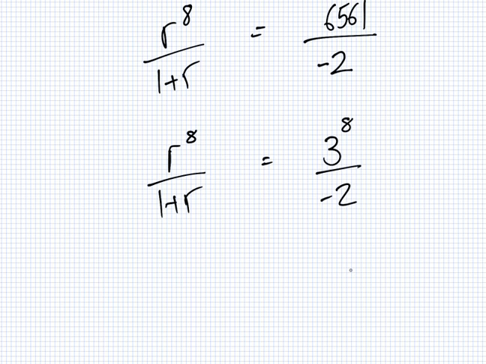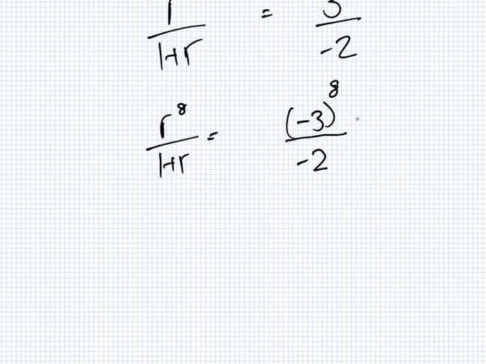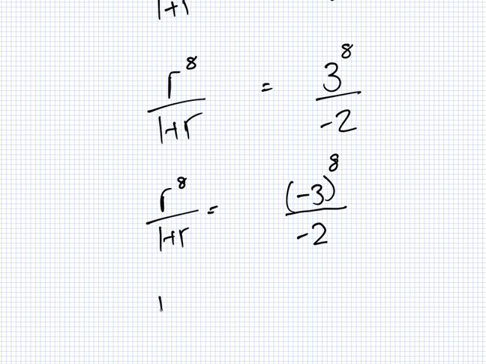You might be thinking, where's this going? So, next line. I can change this into r power 8 over 1 plus r equals minus 3 power 8 over minus 2. Because minus 3 power 8 is still the same as 3 power 8 because of the 8 being even. So now you're thinking, I don't know what he's doing, this doesn't make any sense, but if I do this now,